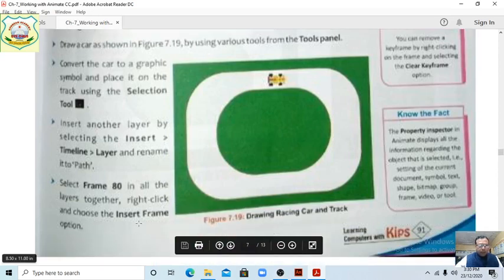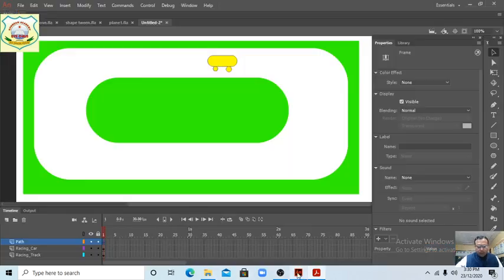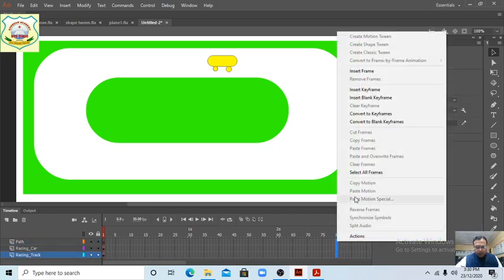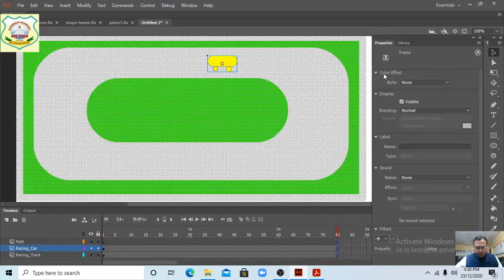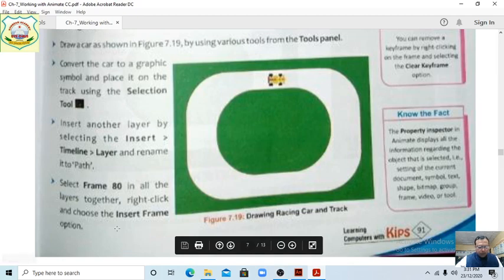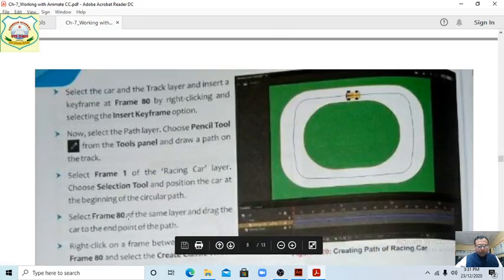Right click and choose the Insert Frame option. Select this way, right click and insert the frame. We can see here the Insert Frame option.